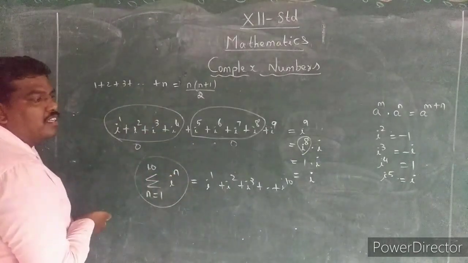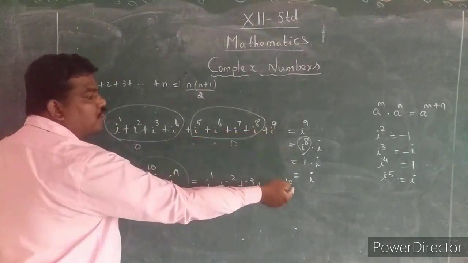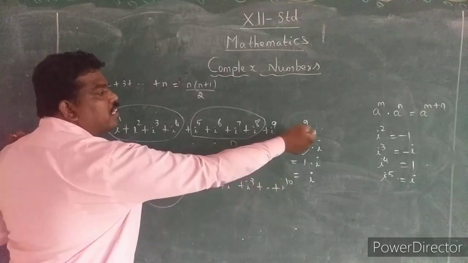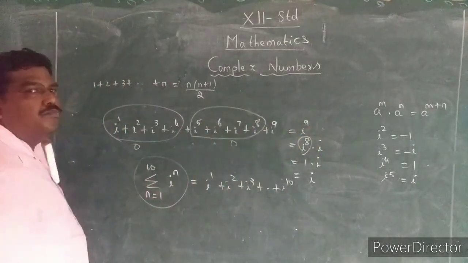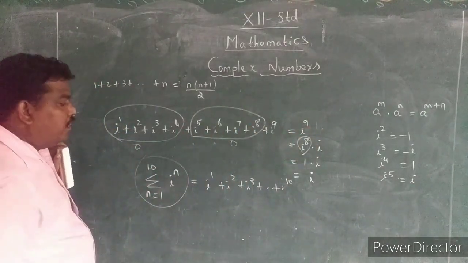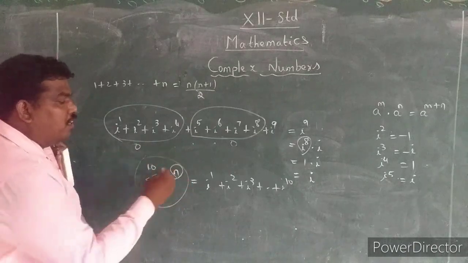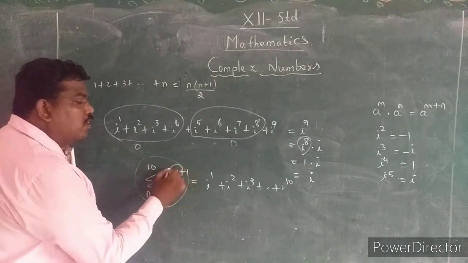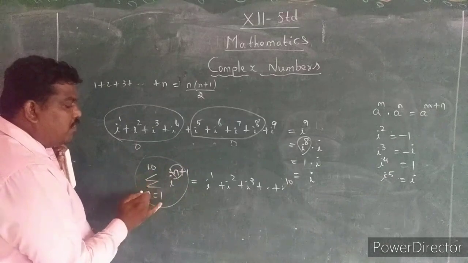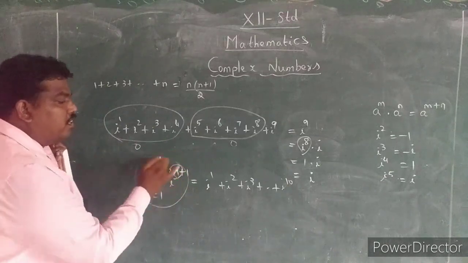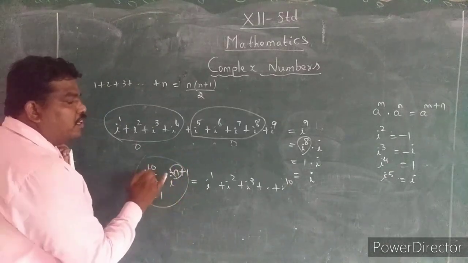Idhudhaan inga irukku nammakitta. Ippo i power 9 varaikkum paarthom. i power 10 irukku. Appo balance ennavo adhai ezhudhi add panna vendiyadhudhaan. So idhu oru meaning. Indha idathula n kku badhilaaga enna venaalum kodukkalaam. n plus 1, n plus 2, or 2n, whatever the power may be, just for n you have to apply the value and get the power of i and just add.